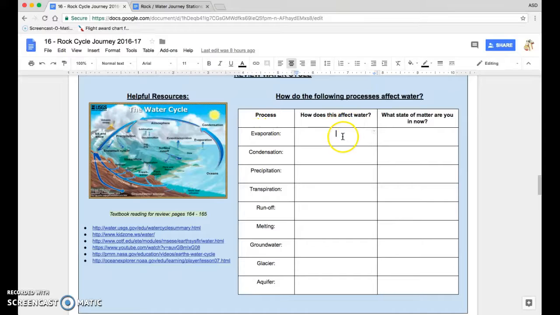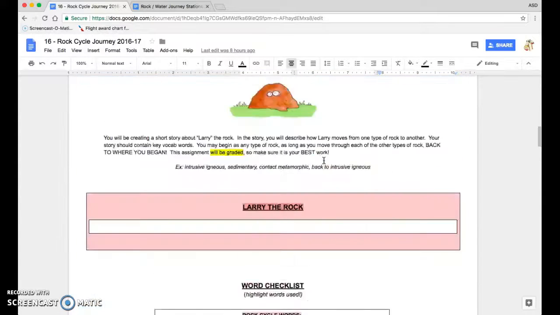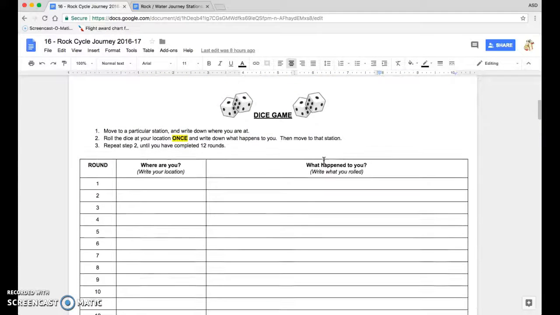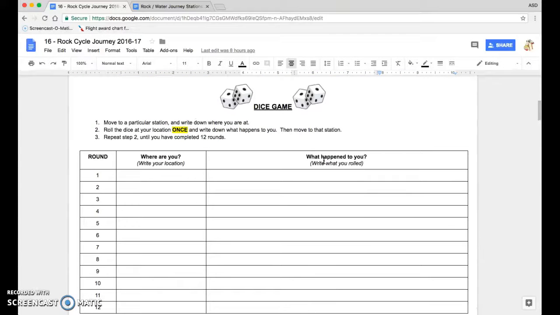And what I mean by that is, is it basically going to be staying in the same state, or will it be changing state? And then you just have to tell me what the state of matter is that it becomes. So once you've done that, then you get on to the activity portion, which is going to involve dice